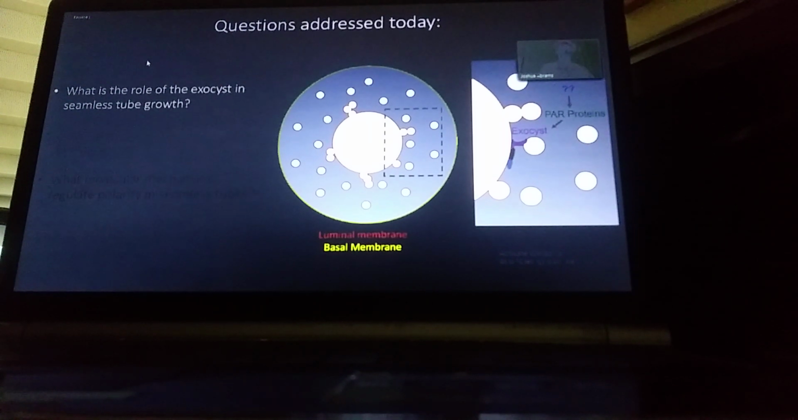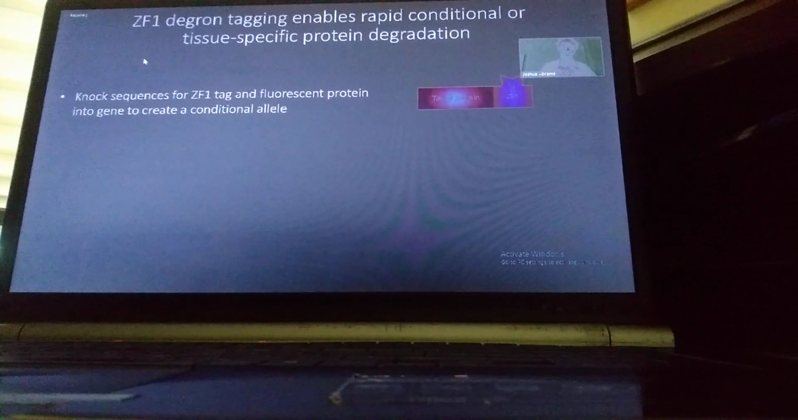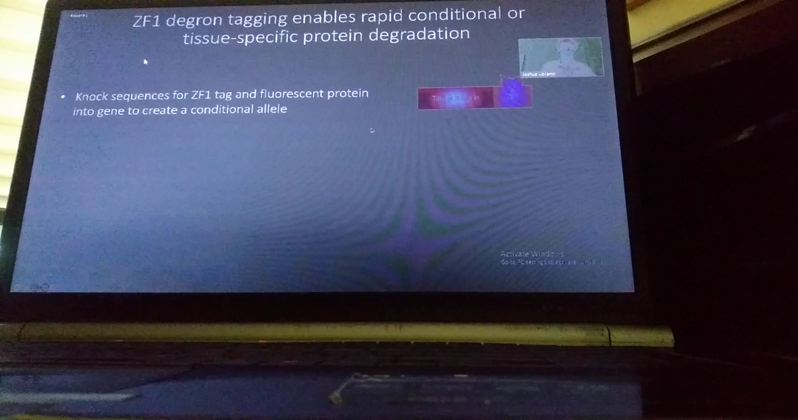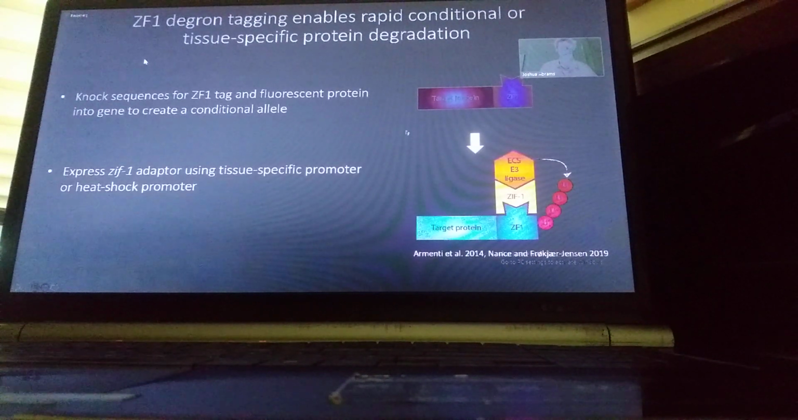So for the first part, to look at exocyst, we actually needed a strategy to deplete the protein in a tissue-specific manner because mutants are embryonic lethal. So we turned to the ZF1 degron method used in C. elegans, where we can take a small ZF1 tag to add to a target protein, and then re-express the ZIF1 adapter using either a heat shock or tissue-specific promoter to recruit ubiquitination machinery to the target protein and rapidly degrade